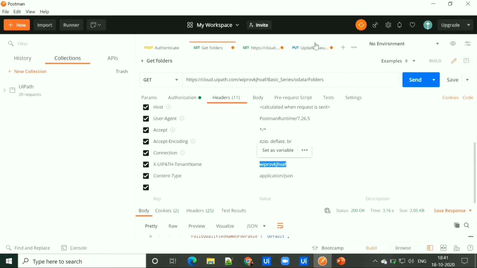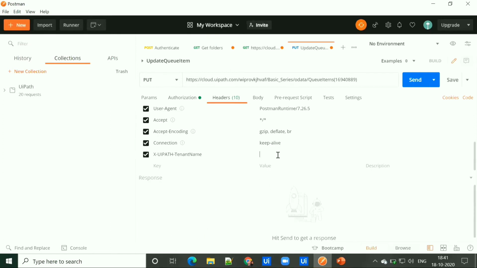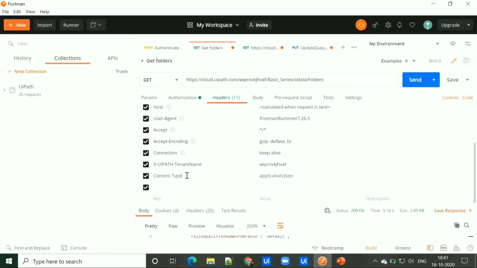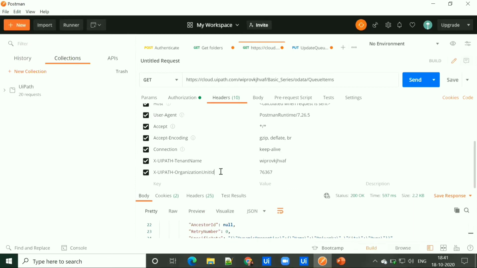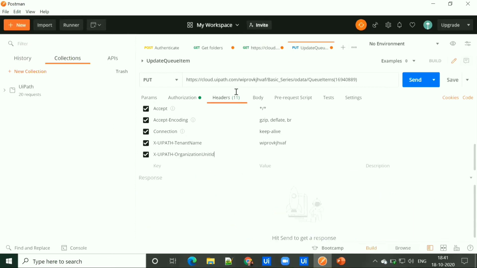So this would be our tenant name and the folder ID we have to copy. We can copy from this API call. We need to provide the folder ID.